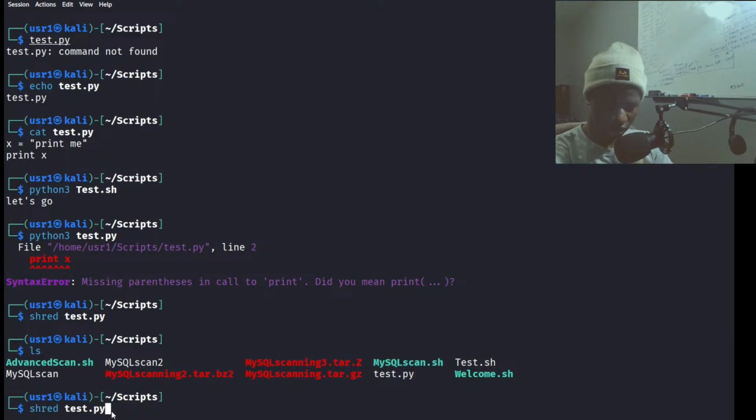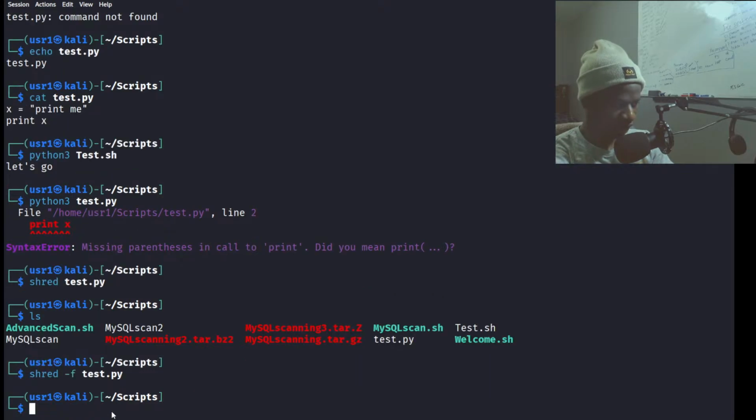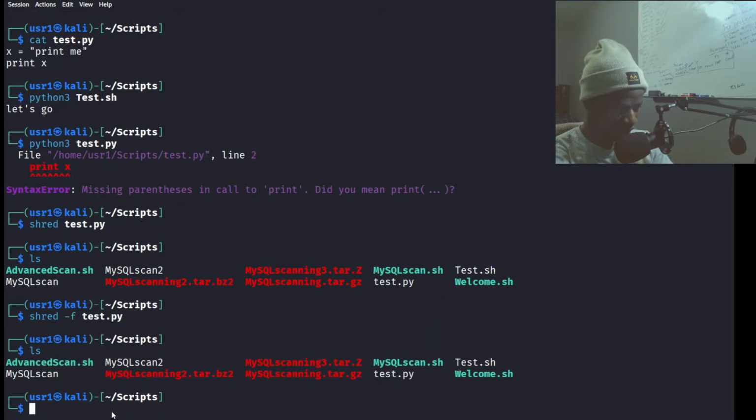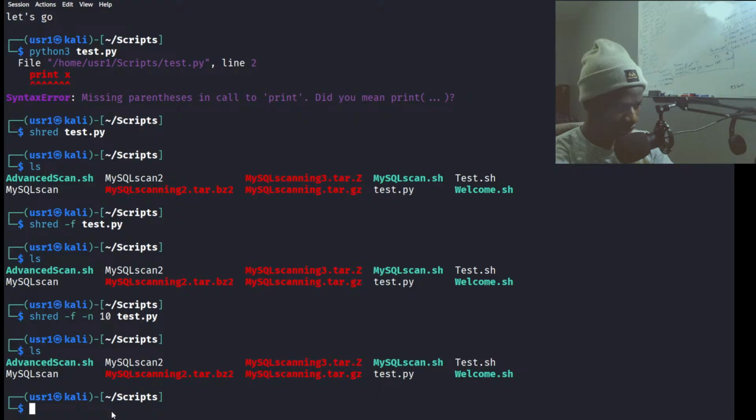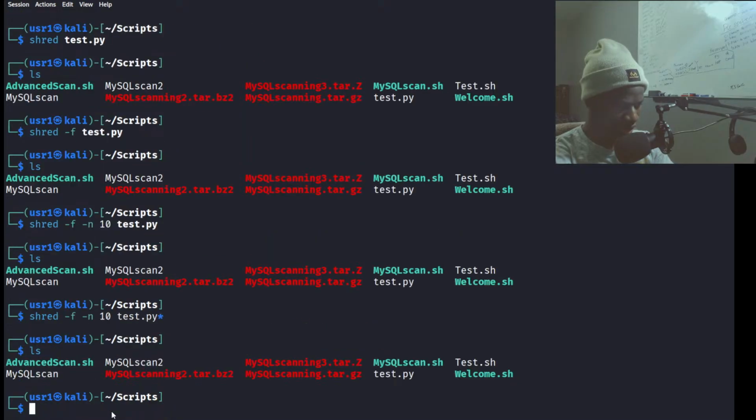Oh no. Let me see if I have to put in the file, test.py. test.py is still there. Okay, so shred test.py and let's test that it is still there.